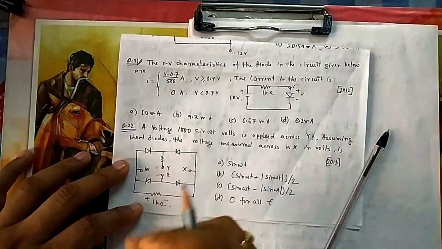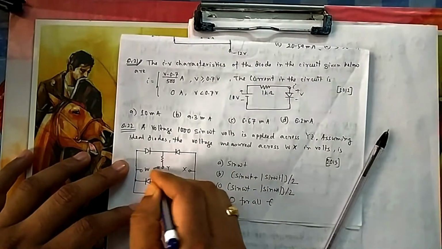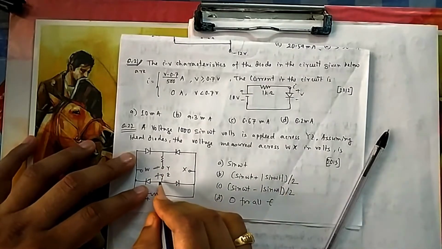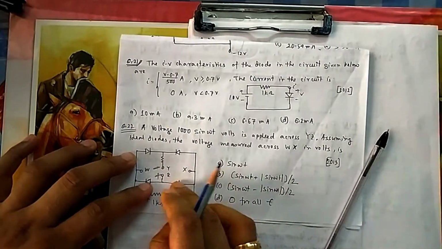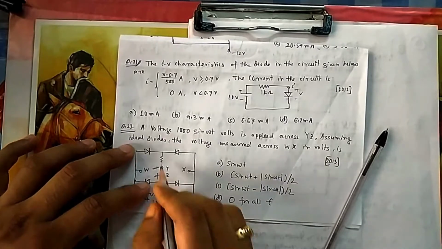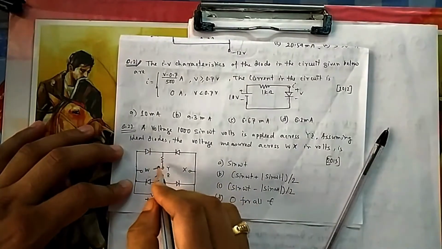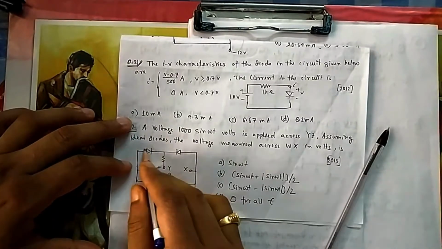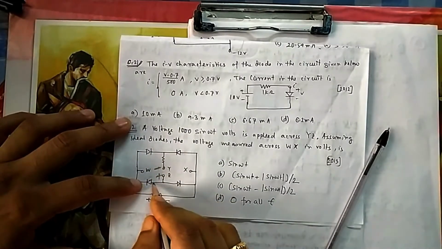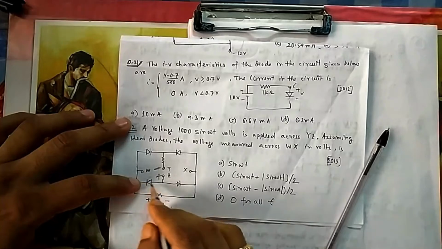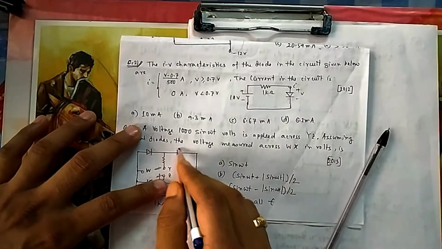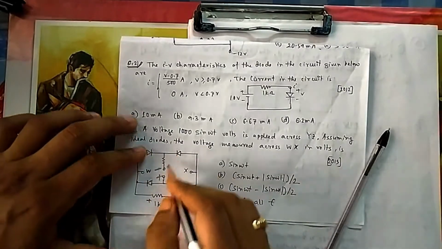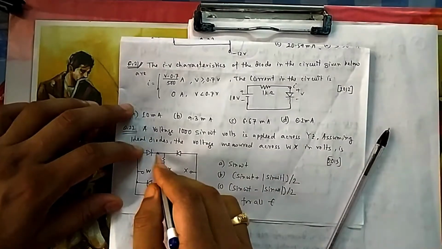Okay, so if you go for the negative half, this will be minus, now this will be plus. Now once this is negative, this positive, then again these two terminals you can think of, they are forward biased, and here also they are forward biased. If you see all are forward biased, then it also satisfies, because if this is forward biased, then this minus volt will appear here, this plus volt, so it will make it forward bias. Similarly, if this is also forward biased, then minus will also come, plus will also come, so it will be forward biased. Similarly here, the plus will come here, minus will come here.